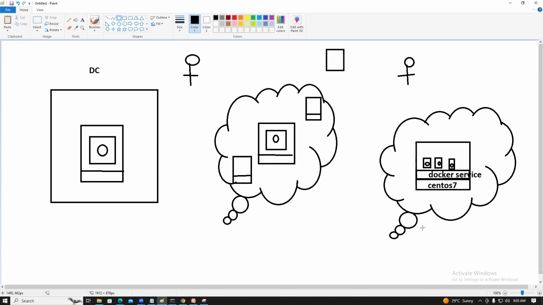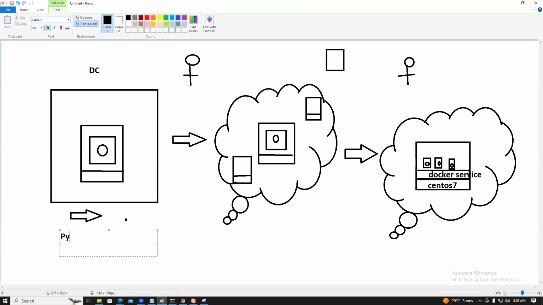So portability and containerization come into the picture. For example, this is the physical, then virtualization. This innovation comes into the picture: Docker, containerization. So physical, virtual, and containerization. Guys, understood? Physical server,